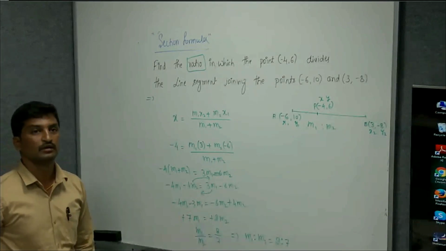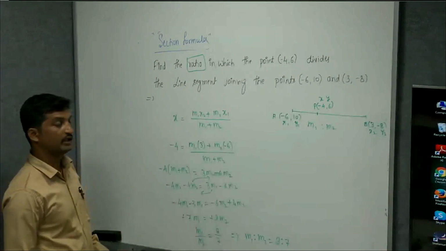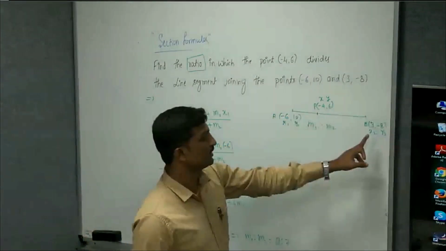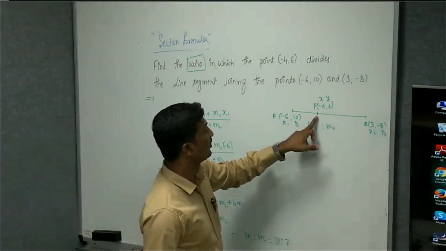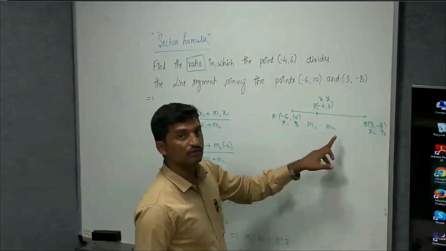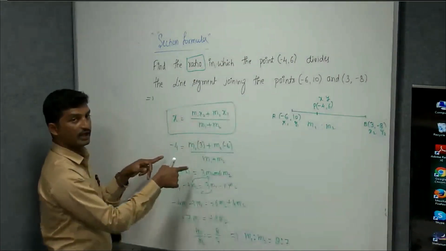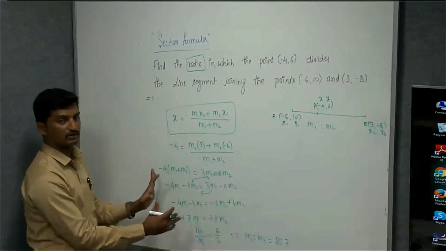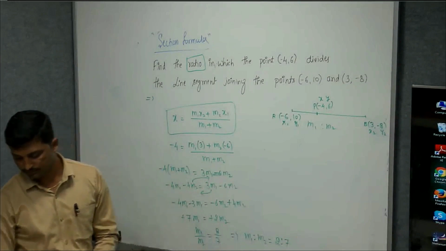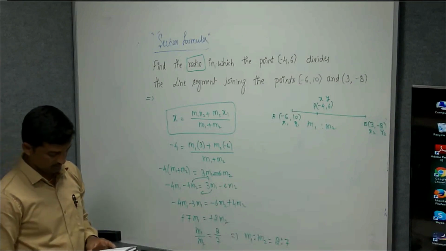Got it? You can also calculate the ratio by using the formula of the y coordinate. Once again, I will explain it. They have given 2 points, x1 y1 and x2 y2, and a point P lies between A and B, that is x and y, and we need to calculate the ratio m1 is to m2. I have taken the section formula. Now substitute the values and simplify. You are very good in this part, no problem. Then you will get the ratio 2 is to 7. So these are the kinds of problems they may ask you in the section formula.